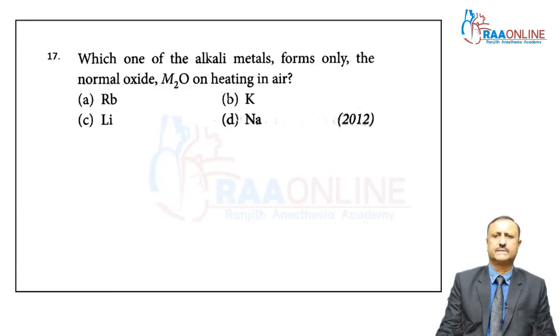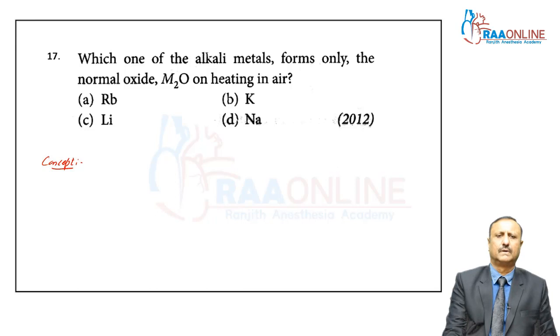Now, we can go to question number 17. Which one of the alkali metals forms only the normal oxide M2O on heating in air? My dear students, lithium is a representative element in this group, because in this group lithium, sodium, potassium and rubidium are present. Lithium is the first element of this group, and when this lithium is heated in air